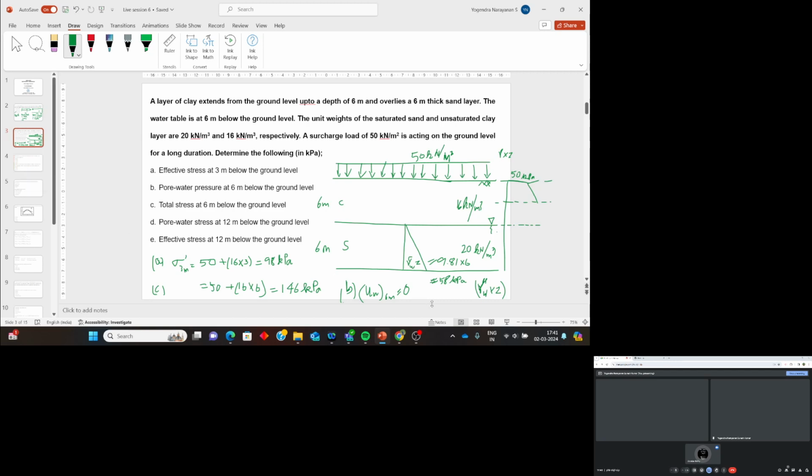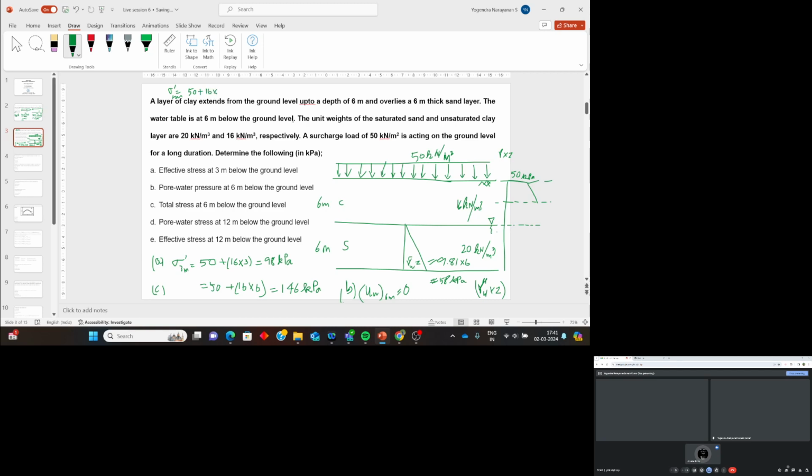Are you getting it? Yes, sir. So you calculate the last question. You have to combine all the concepts here to calculate it. So how much will it be? Sigma dash at 12 meters will be, first, what are all the total stresses? 50 plus